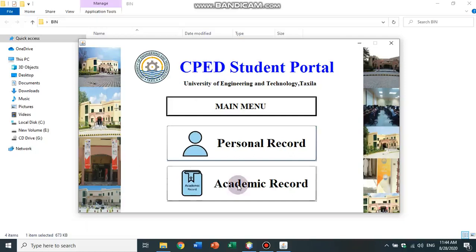And the academic record is basically students' CGPAs of previous semesters, SGPAs of previous semesters, current semester, and all these things.